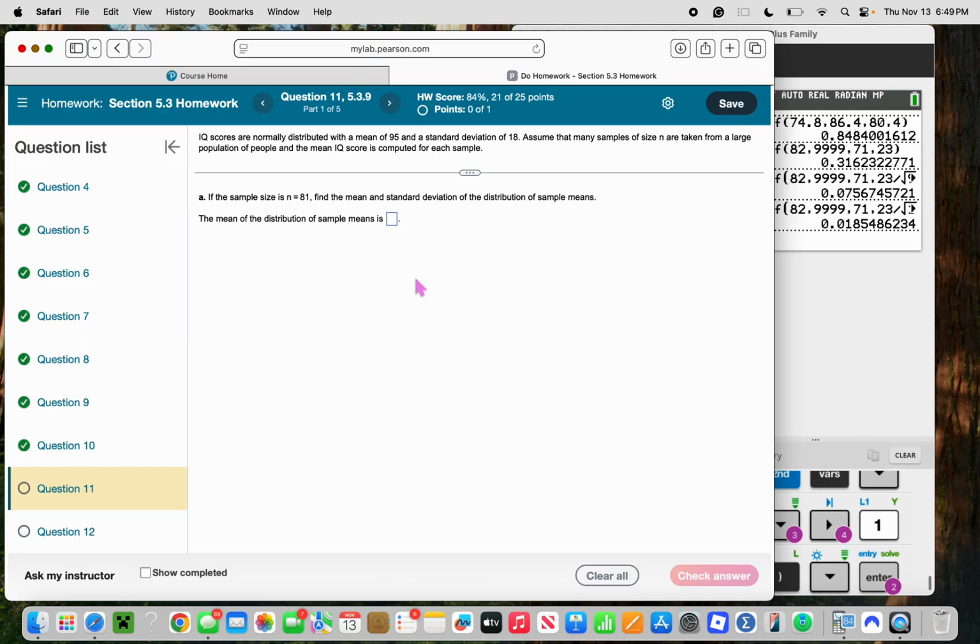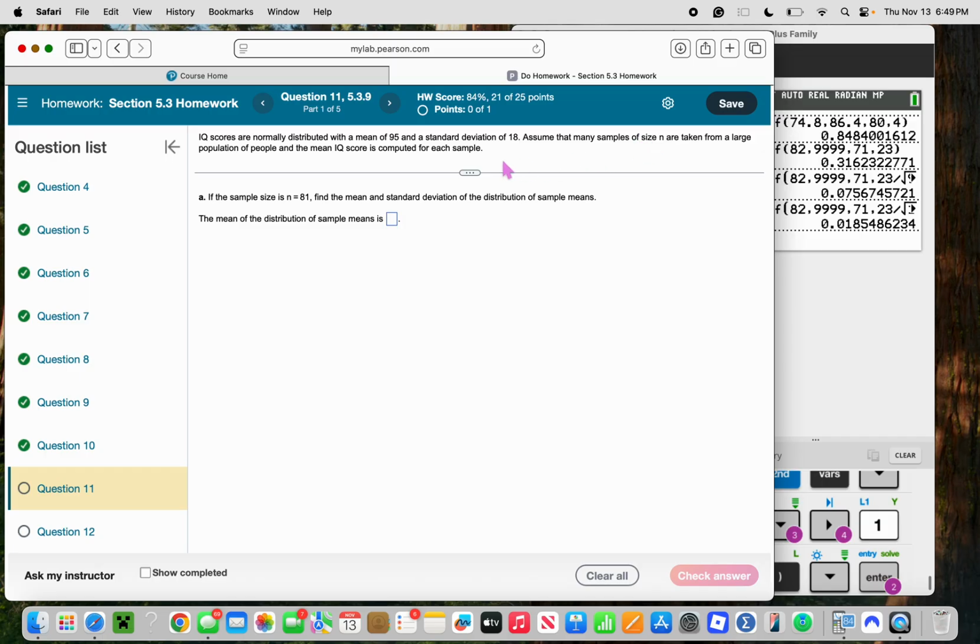IQ scores, so we're back to IQ scores are normally distributed. Now we have a mean of 95 and a standard deviation of 18. Assume that many samples of size n, this is important because that's the central limit theorem, even though it's normally distributed. So